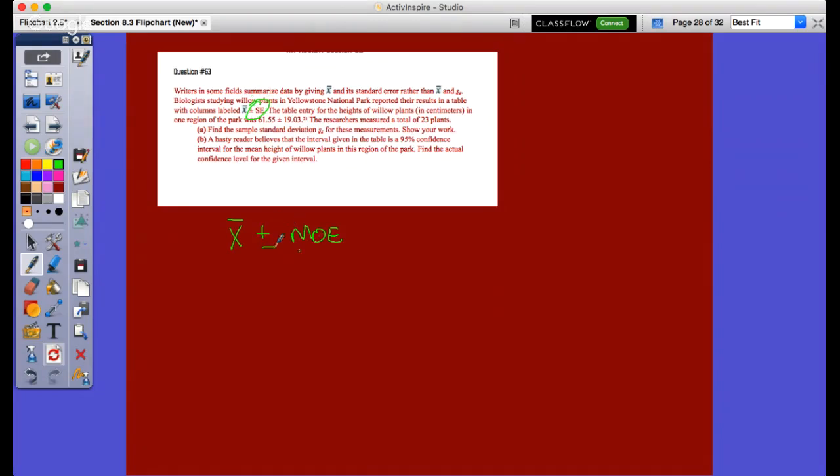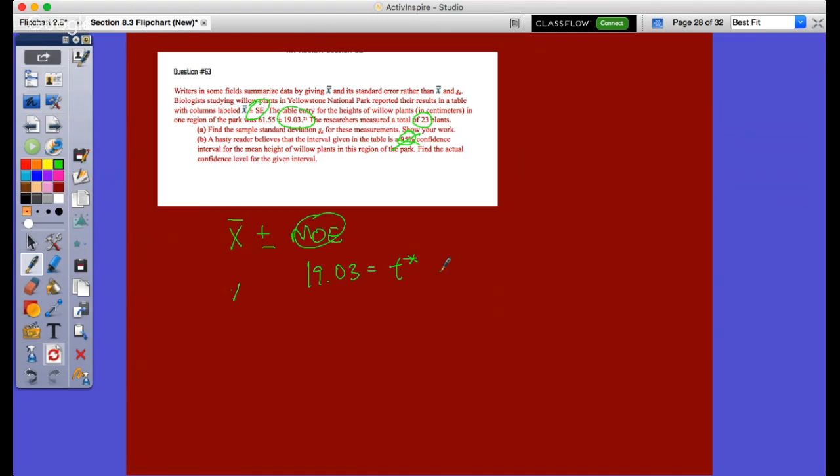Well, let me just show you what this would end up being. So if this is true, this would mean that 23 plants, right? We have 23 plants. They're saying it's 95%. We're saying, nah, that's not true. 19.03 is what is over here. So this, we're going to set the Mo is 19.03, and we're going to set that equal to